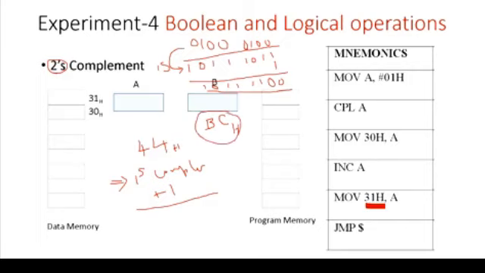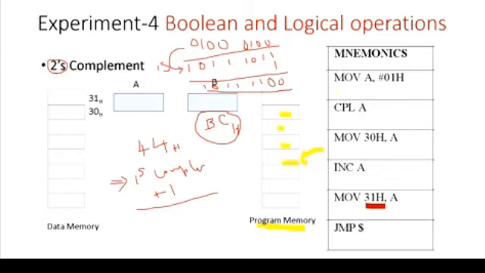Now we are going to do the same thing using the program. Even here, you can see, this is the program, and this program is loaded in the program memory. This is the program for converting the number into a 2's complement form. All the instructions are loaded in this program memory, where you're writing the program. It has some addresses, and we need to choose the starting address, or origin of the program, and then you can type these instructions, and all these instructions will be stored one after the other, right?